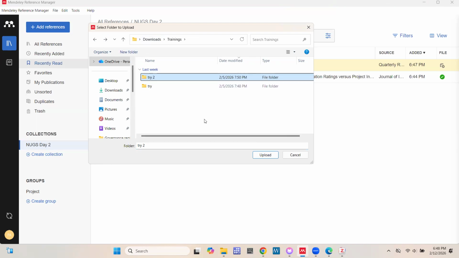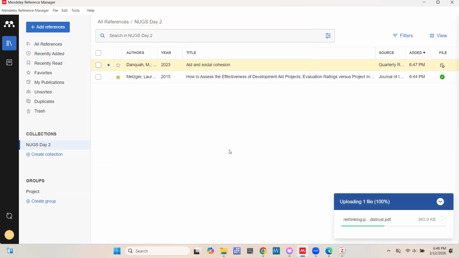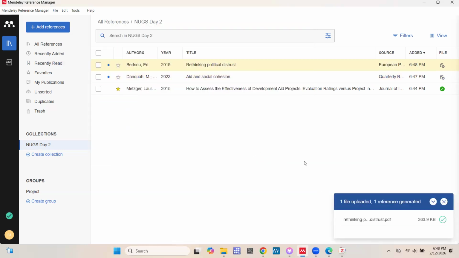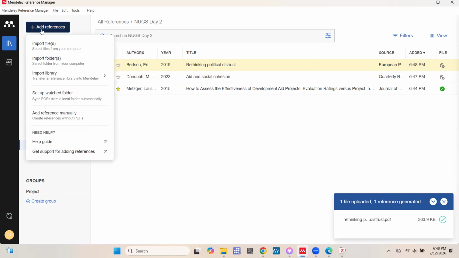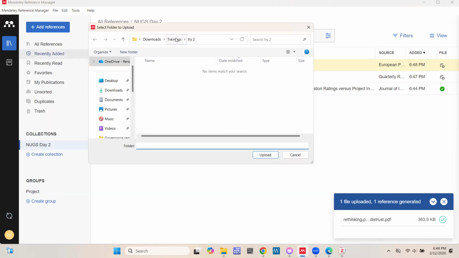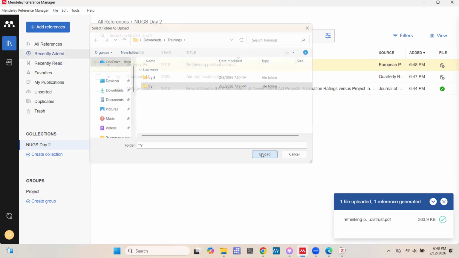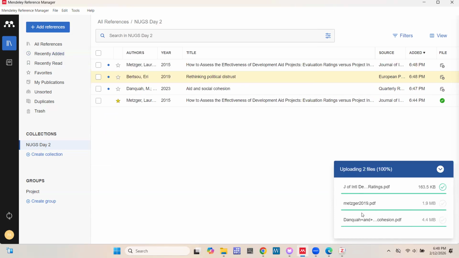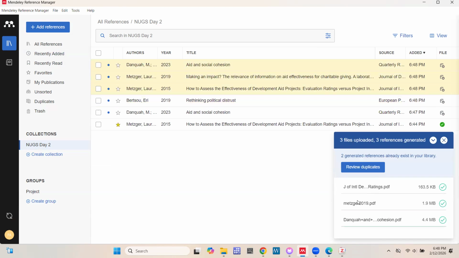So you just navigate to the folder where you have your files, and then you click upload. Oh, we had some files there. Great. So that folder had only one file. So it's added. We'll try another one, import folder. Let's try one. So let's import this folder. If it has a file, it should also add. So also it's one file. So it adds the file, not the folder. So it adds the files in the folder.